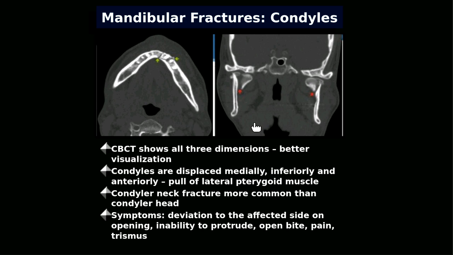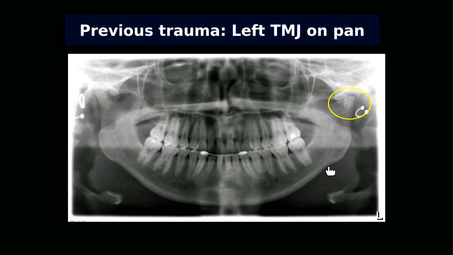And also whenever you have this patient, I'll tell you a story. This patient got hit on the mandible. And whenever they got hit on the mandible, the condyle also got hit at the same time. It pushed it and it broke both the mandible and the condyle. That's why you see that too here on the pan. Now you want to see the trauma in the TMJ area. You can see the pan is pretty good. You can also see the flattening, but if you really want a good, nice diagnosis, you need to have a